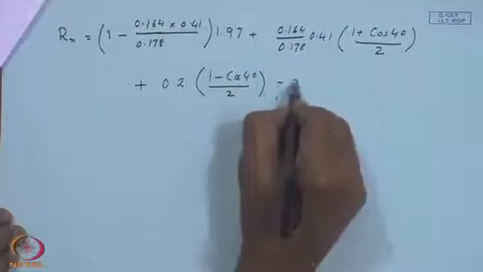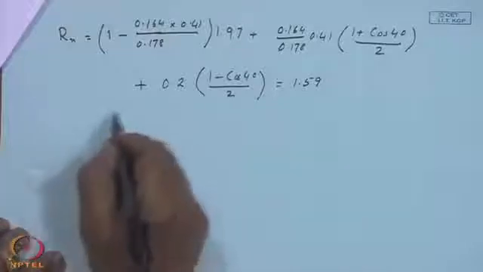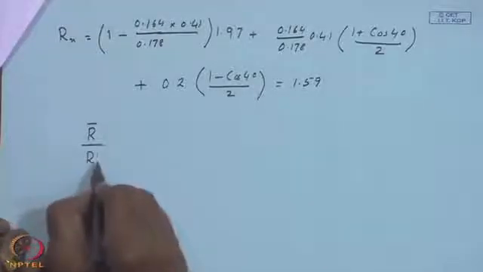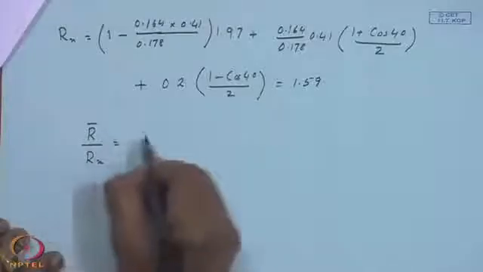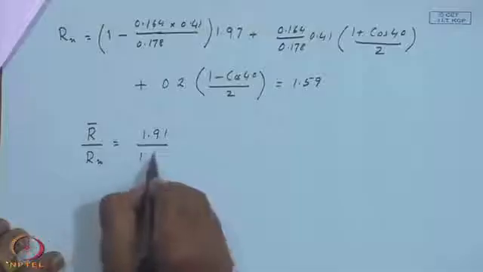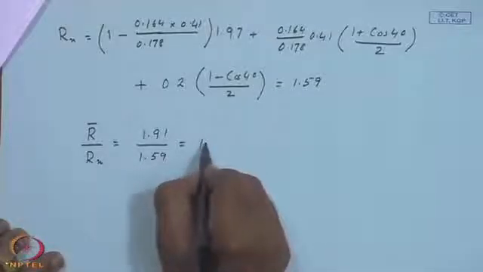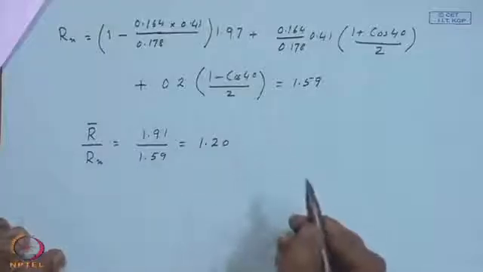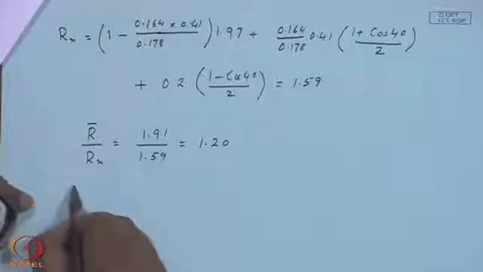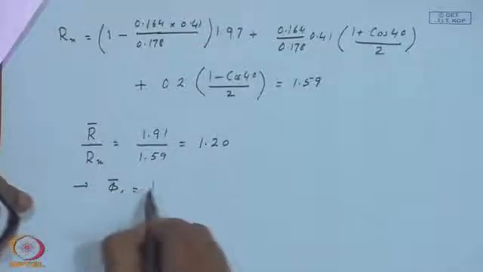This comes to be 1.59. So, R bar upon R n equal to 1.91 by 1.59 equal to 1.20, right. So, this is one parameter I need in calculating phi bar, in addition to